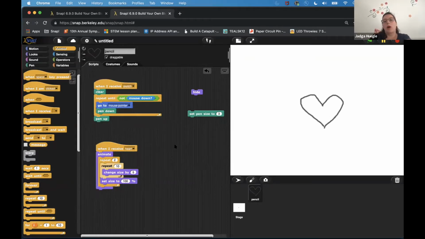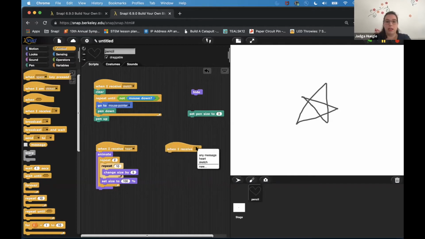And let's do it. Okay, now if I draw something else, for example, a star, I might want a different animation because stars don't beat. So maybe we want the star to, for example, turn around, or we could make it blink. So what I just said, we could make it hide and then show again twice. So for example, when we receive star later,